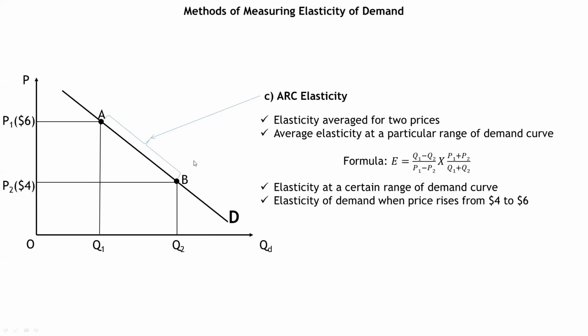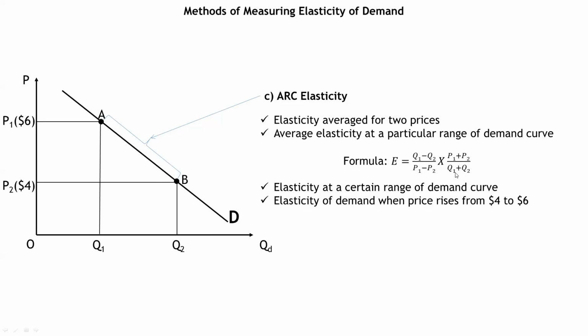the arc elasticity formula. To measure arc elasticity, first we have to take the ratio between changes in quantity demanded and price and then multiply it by the ratio between the sum of prices and quantities. That is, arc elasticity of demand equals Q1 minus Q2, that is the difference between quantities, divided by P1 minus P2, that is the difference between prices, multiplied by the sum of prices, P1 plus P2, divided by the sum of quantities,